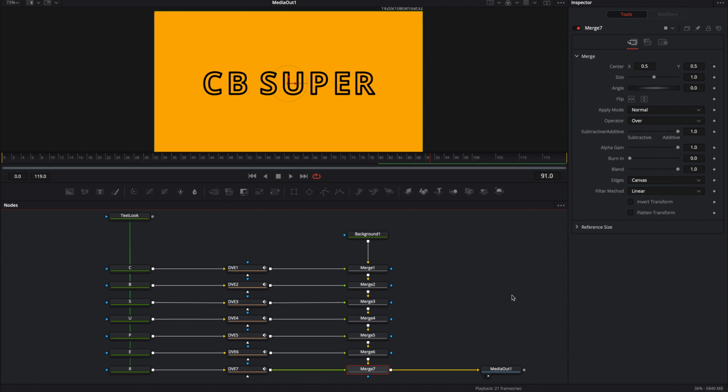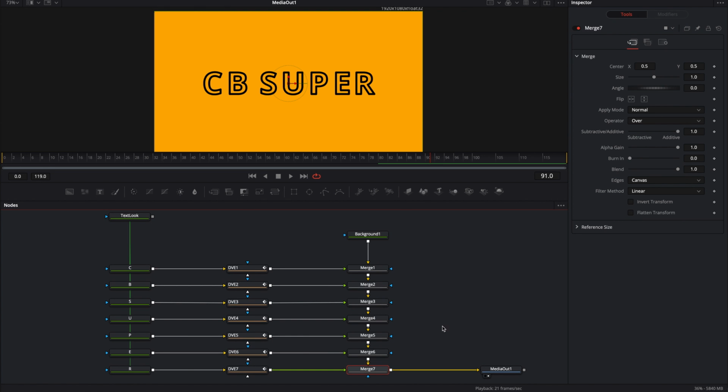So while we're looking at this flow, one of the first things we're going to do is design the actual final look, or the end state, or how it's going to look when it's all done animating, which is basically going to be our text in its final form. We're going to cut it up and prepare it for animation, and then we're going to use a DVE node to actually get the rough animation in. We'll adjust the timing with the Keyframe Editor. We're going to finalize some of that animation using the Spline Editor,